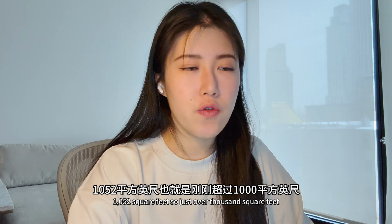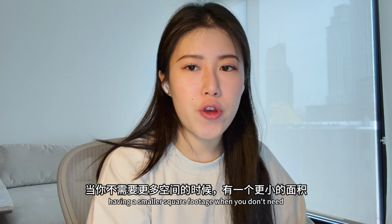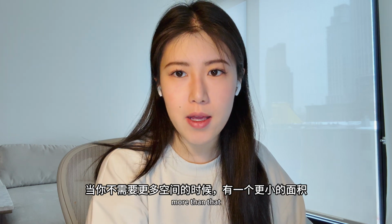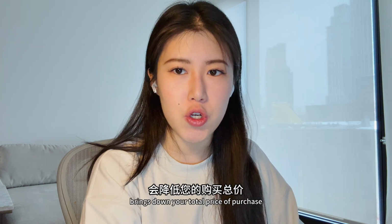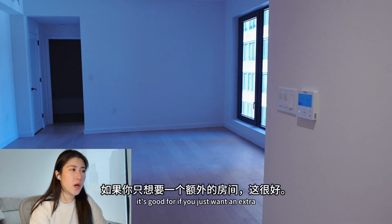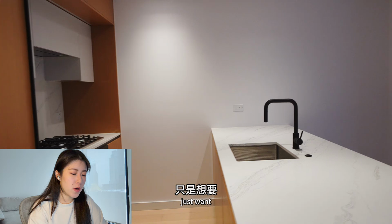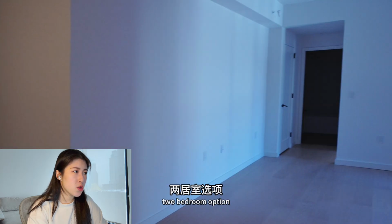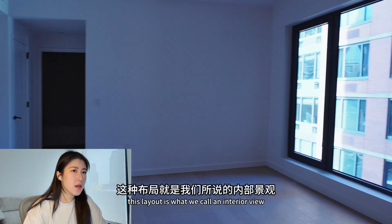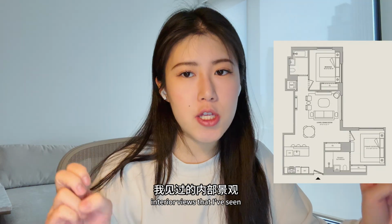1,052 square feet, so just over 1,000 square feet. As long as it's priced right, having a smaller square footage when you don't need more than that brings down your total purchase price. This one is their economy 2-bedroom line. It's good if you just want an extra room for an office, or if you just want a very, very well-priced 2-bedroom option. This layout is what we call an interior view, and it is one of the better interior views